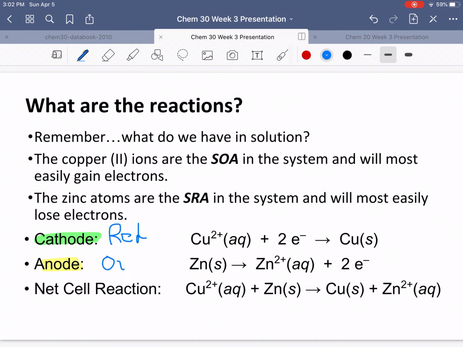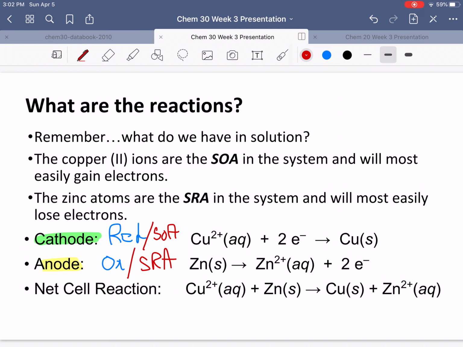Anode is always going to be an oxidation reaction with a loss of electrons. Vice versa, that means that the cathode is going to be your SOA and the anode is going to be your SRA. Don't lose sight of those, please. We're going to need to use our table on page 7 to be able to figure that out for each